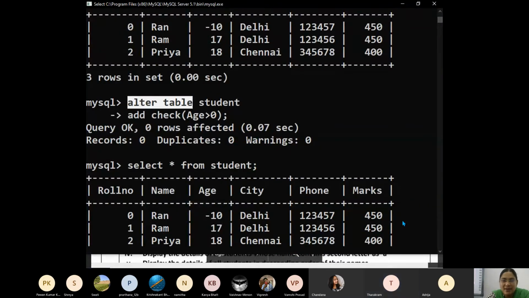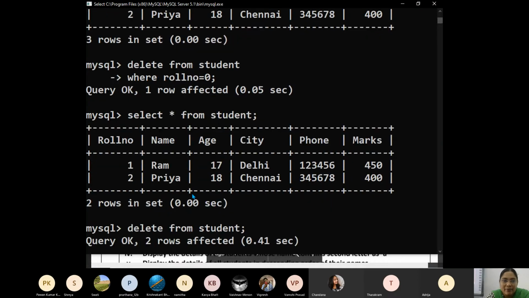DDL. How can we say that? By looking at the command also we can say. Alter is affecting the constraint, not the content. There are certain rules and regulations, or a size, like varchar 20 that we set earlier, which we want to change. All that alteration we do. Alter is a DDL command, whereas update is a DML command.